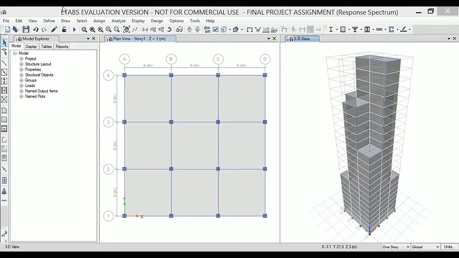Today I will be showing you my second assignment as a part of Skyfi Labs workshop. In this video, I will be showing you an analysis and the design for a seismic resistance building, which is carried out by two processes. In this structure, I have defined the various material properties as well as section properties.